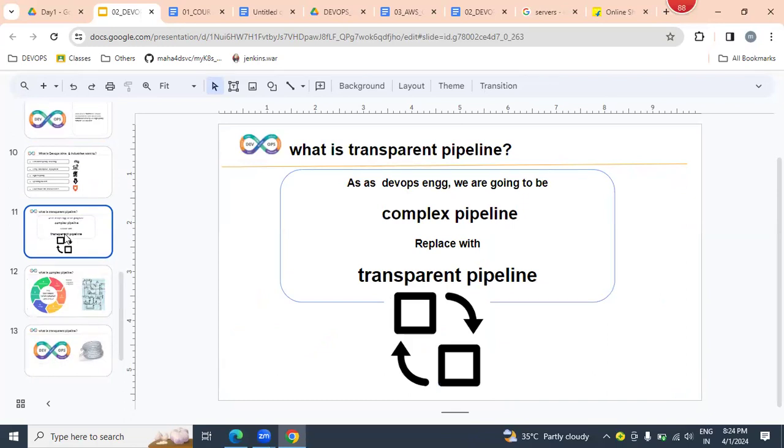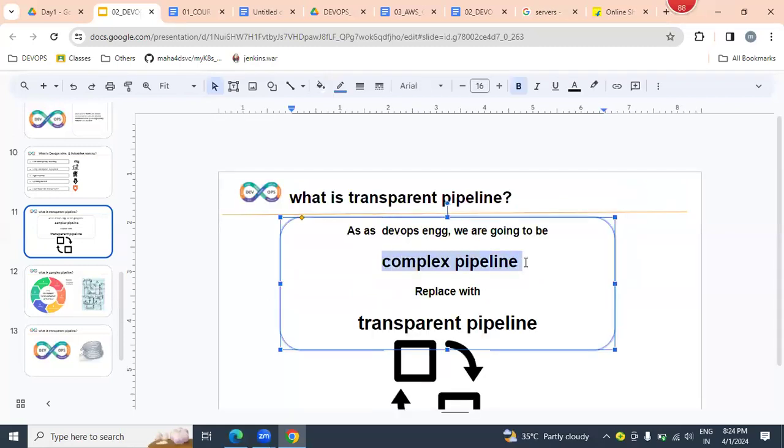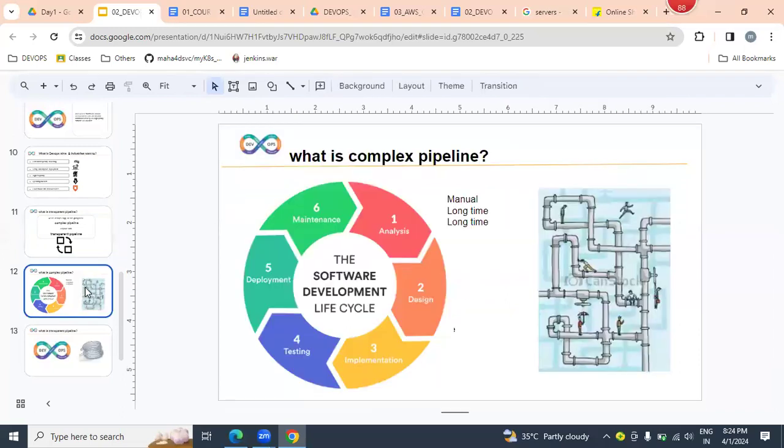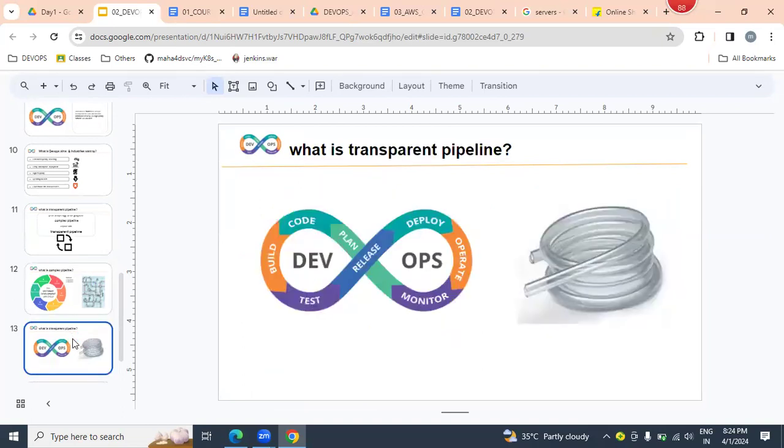But as a DevOps engineer, when you are joining a company, what exactly is your major and prior goal? Replacing a complex pipeline with what? A transparent pipeline. Our SDLC is a complex pipeline. Our DevOps process is an automated process.